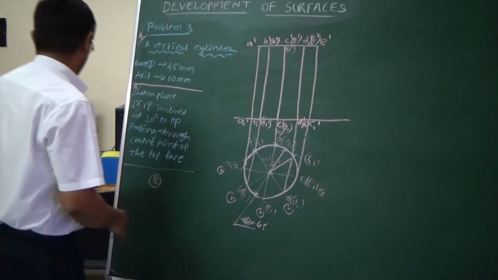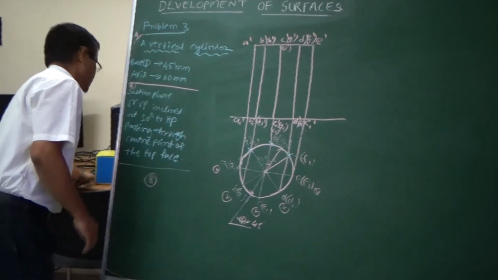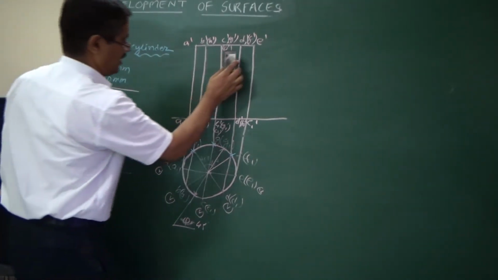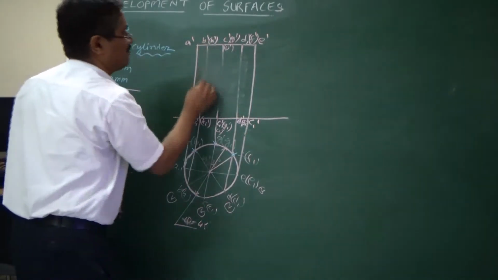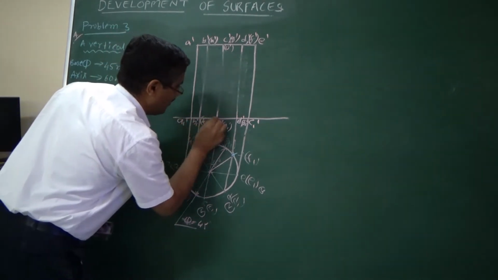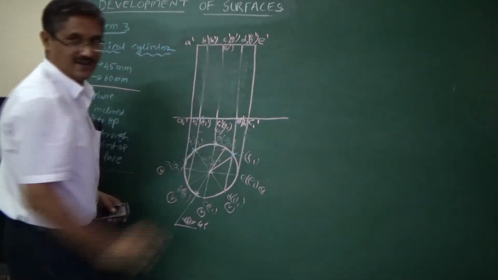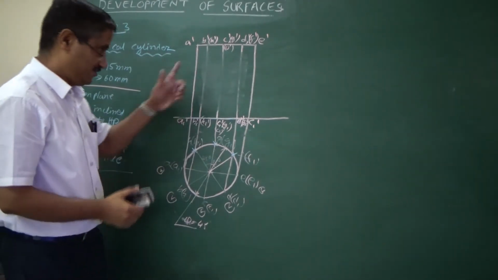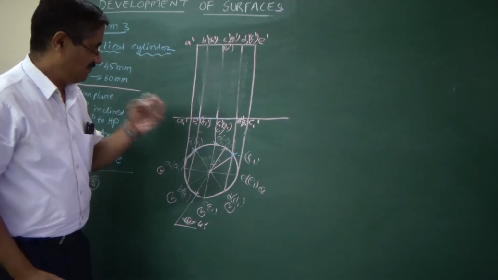So normally, a better way to do that, I will also show you one more method. You need not draw these lines thick here. You should not mark these lines. You can mark only this and mark these points. This is sufficient. Otherwise, if you draw it, the line should be very thin.